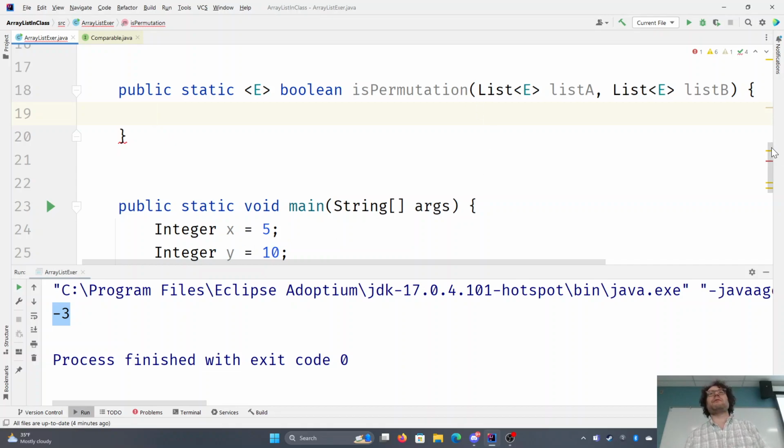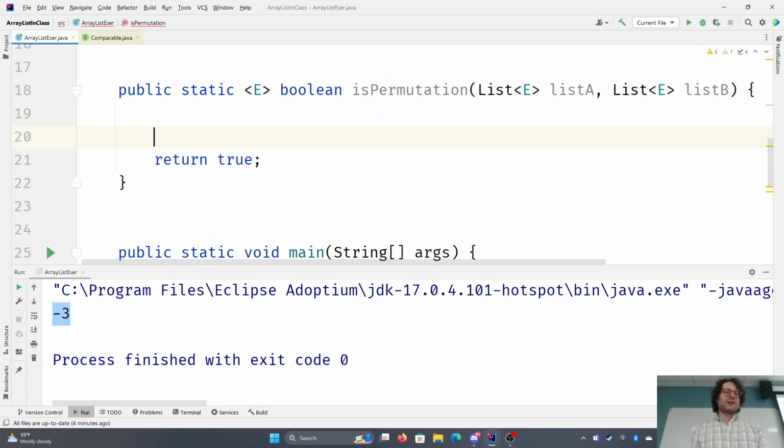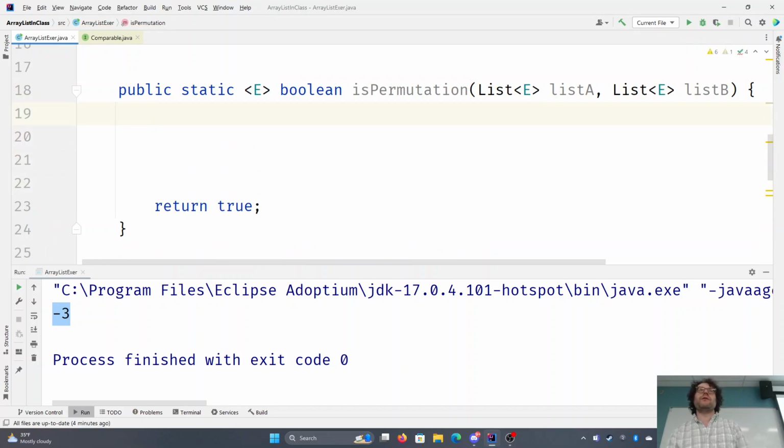So rather than doing that, we're going to just manually count. We need to count for each item how many times it occurs in A, how many times it occurs in B. If it differs, then it's not a permutation. So we're going to assume that they're permutations until proven otherwise. And I'm going to keep accidentally capitalizing true and false because I'm teaching Python at the same time, and for some reason, Python made the amazingly silly decision to capitalize true and false. Okay, so